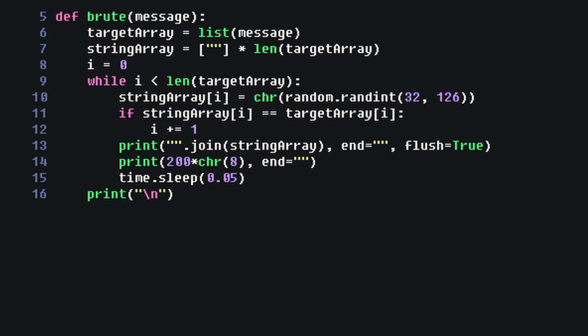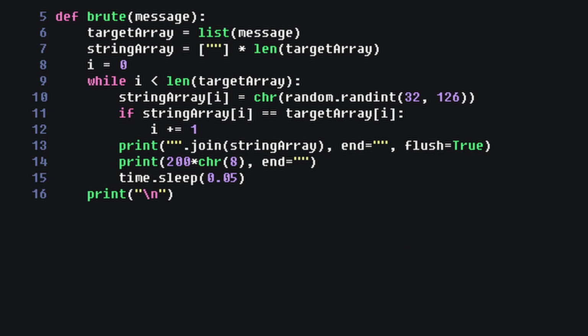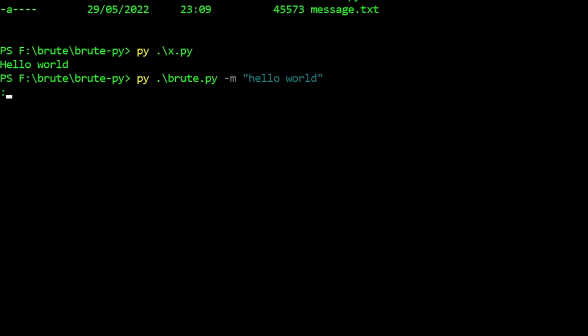Every time it does this, it prints whatever character it's working with onto the end of the string it's writing out into the terminal, but without a new line character, so it never pushes onto the next line and has to rewrite everything again. It then just deletes that character when it's not correct. It waits for a fifth of a second and then goes around again. Once it's finished, it prints a new line character right at the very end so that the prompt doesn't wipe it out, and finishes. Overall, it's quick, it's dirty, it's simple,